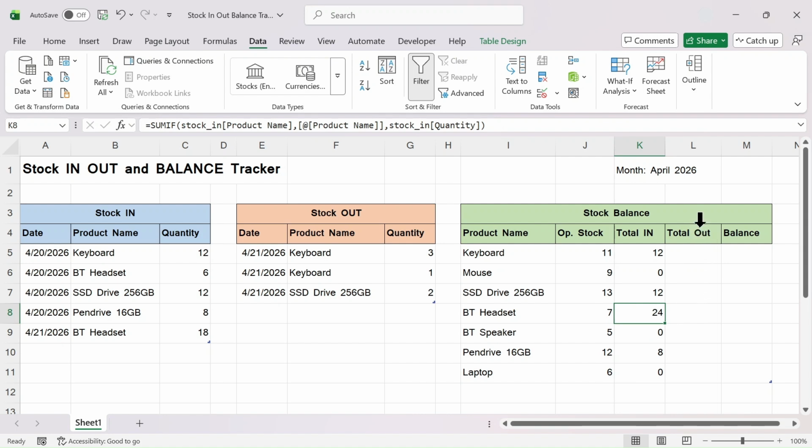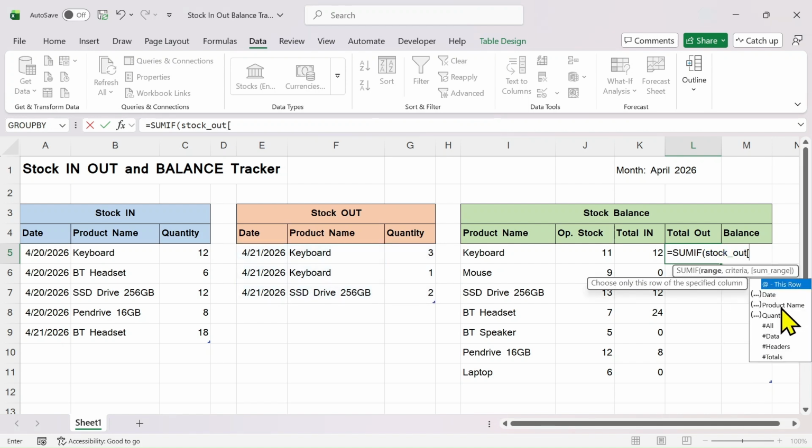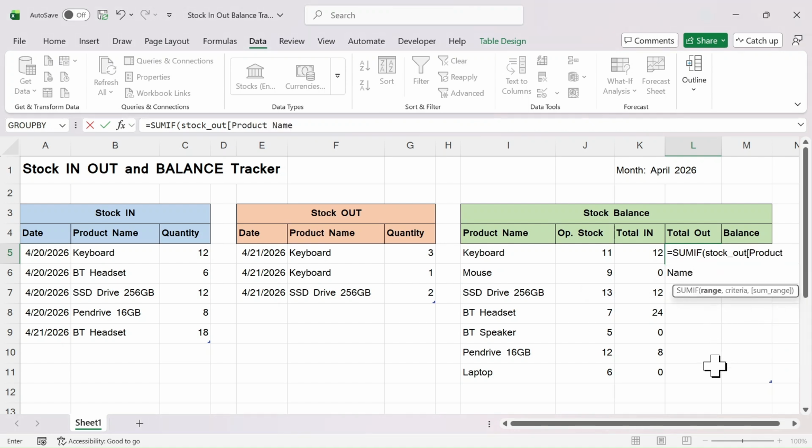Next, here in the total out also, we have to use the SUMIF function. So press equals, put the SUMIF function, open the bracket. In the range, we have to take the product name column of stock out table. So put here stock out table, open square bracket, then select the product name column, close the square bracket, then put a comma. In the criteria, click on the first product name of stock balance table, put a comma, and